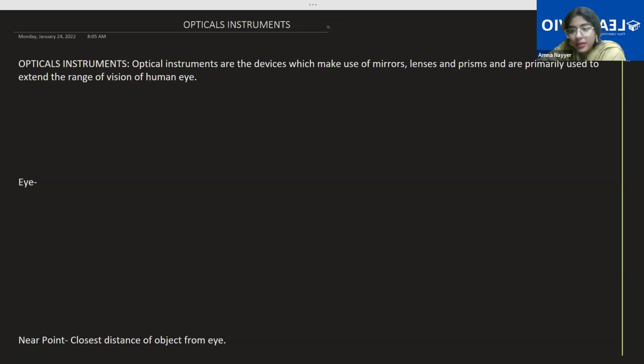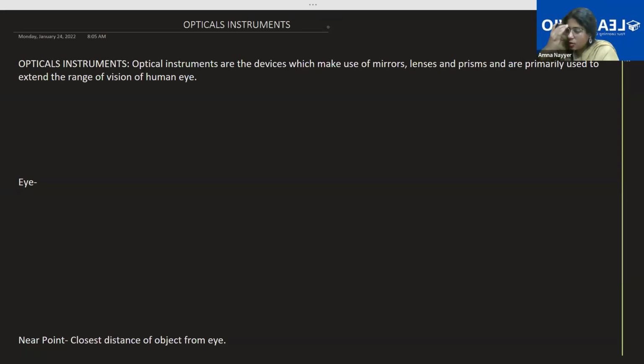So optical instruments, see, many things we are not able to see directly because of our vision limitation. If you have anything microscopic, very small at the atomic level, especially in bio, what is done? Microscopes are used. What do microscopes do? The tiniest object is at least a little bit visible to us. Or vice versa, if you have a very big object, let's say Jupiter, and I want to see Jupiter, I'll use a telescope. It will create its diminished image, or a highly enlarged object can be seen, right?